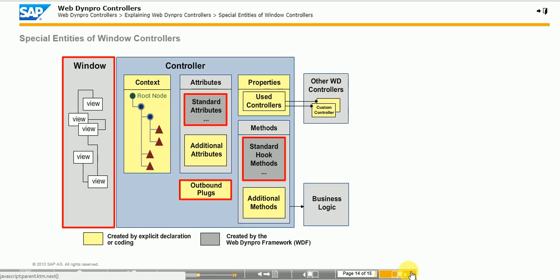Each Web Dynpro window contains outbound plugs and inbound plugs just like views. You can use the plugs to set up cross-component navigation. To expose the plugs to the component interface, select the interface property for each plug. These plugs are then part of the related interface view. If the usage of the component controller is declared, the window controller contains the additional attribute WD_COMP_CONTROLLER, allowing access to the component controller functionality. Window controllers include the following special hook methods: WDDOONOPEN, WDDOONCLOSE,